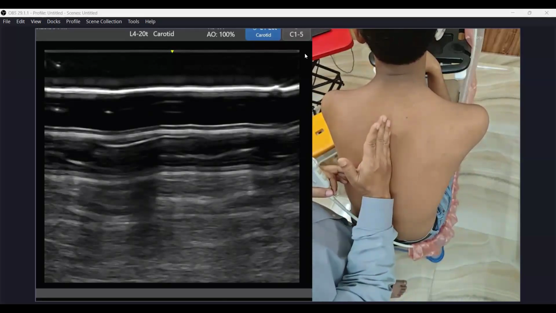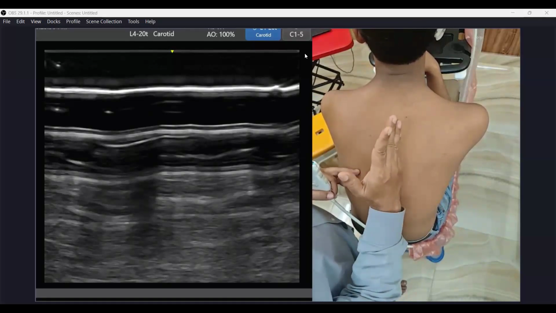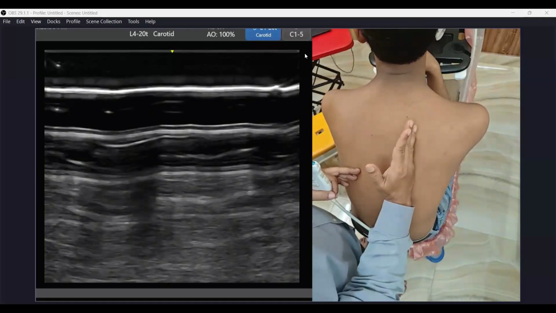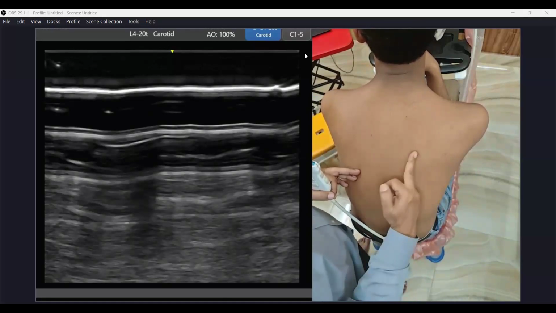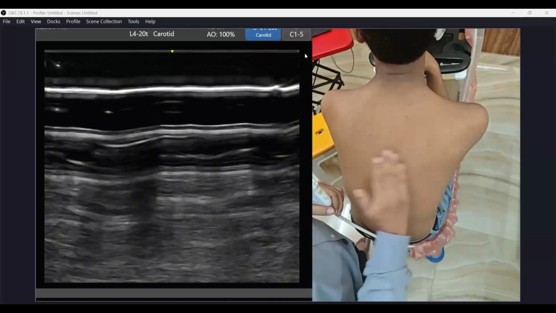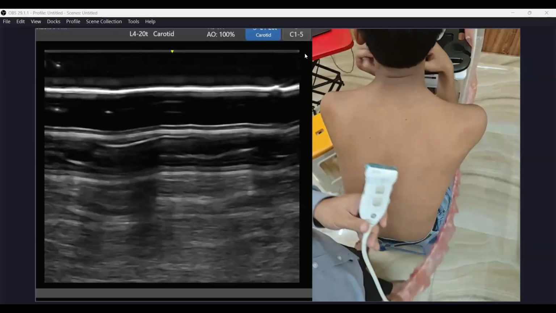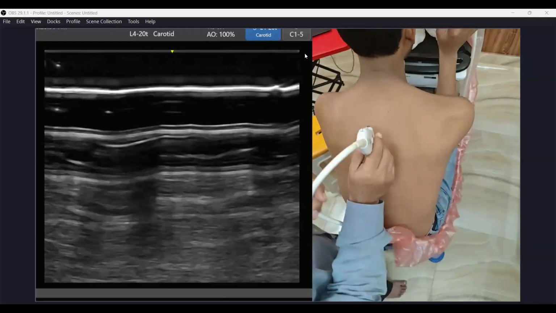Section 1 over the spinous process, section 2 over the lamina, section 3 over the facet joints, section 4 over the transverse process, section 5 over the ribs. So in that way, we will see all the areas in a sagittal section. Okay, so first let us see over the